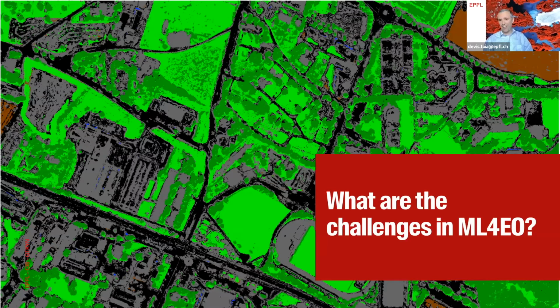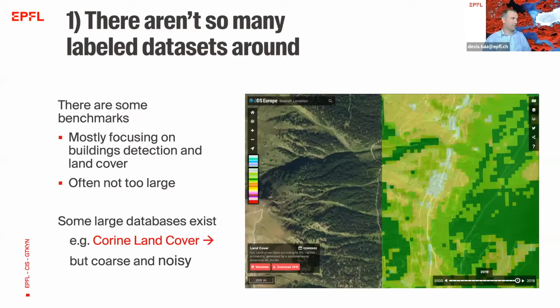It's not going to be only semantic segmentation, but I wanted to share with you 3 things that we did that I think are interesting, both for machine learning and for remote sensing, and not just as a technology transfer from one field to the other. So the first challenge is that in remote sensing, we have a lot of data, but we do not have